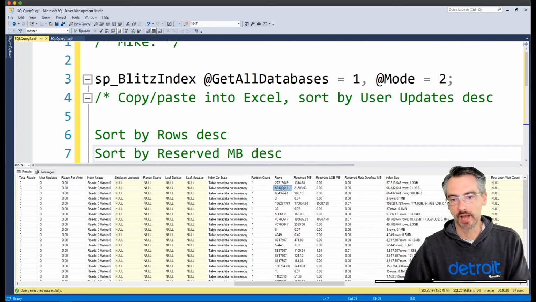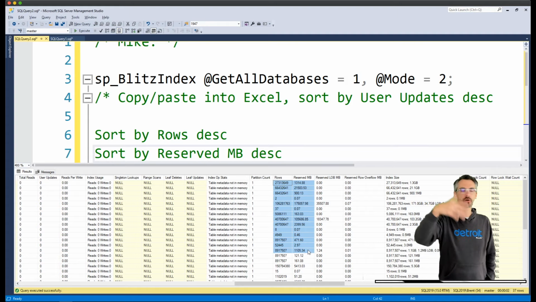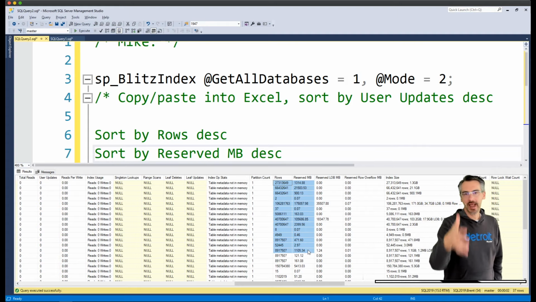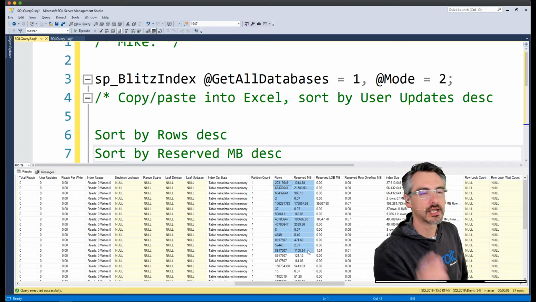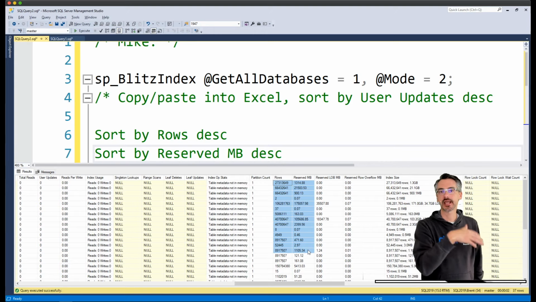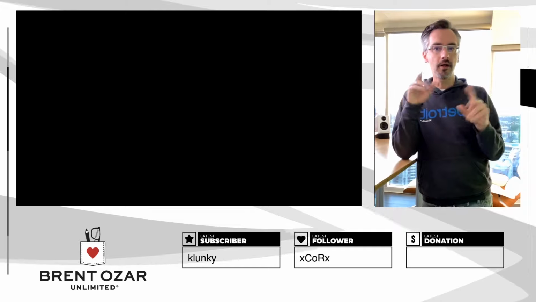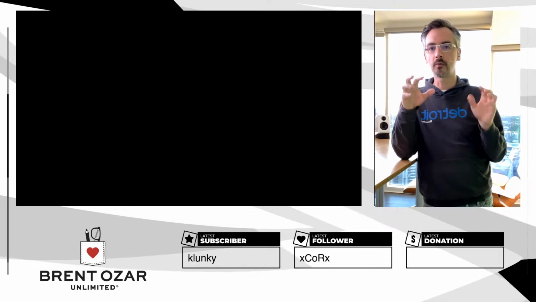What you're going to do, Robin, is sort by your largest tables and largest indexes, and ask your users and developers, did we really mean to keep all this data in here? Because true story, this happens to me all the time when I'm doing consulting engagements.